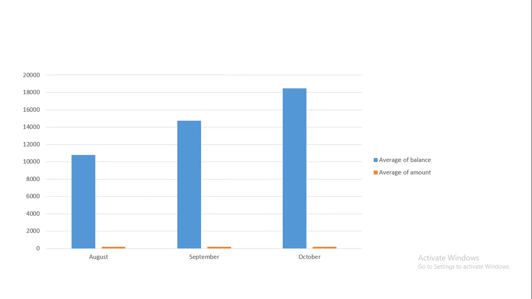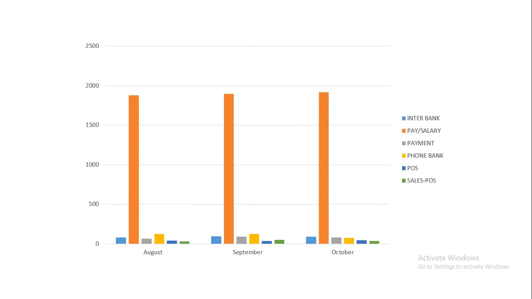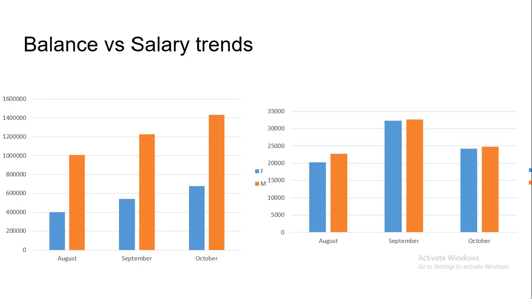This is the difference between the average amount of balance and the average amount of the transactions. Here are transaction types 1 to 6, out of which we can clearly see that salary is the highest of all, and this is the difference between trends of balance versus trends of salary